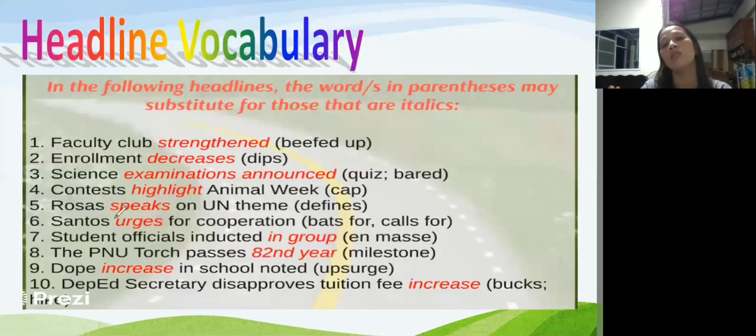Headline vocabulary, ano to? Ito yung mga magagandang salita, the better vocabulary that you have to use. Like for example, faculty club is strengthened. So instead of using strengthened, use beef up. Enrollment decreases, use dips.